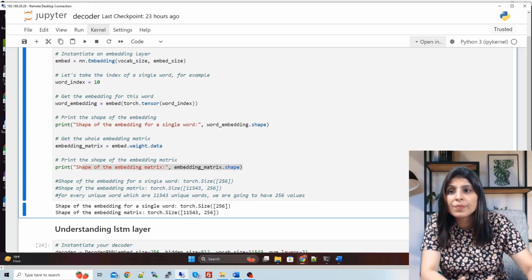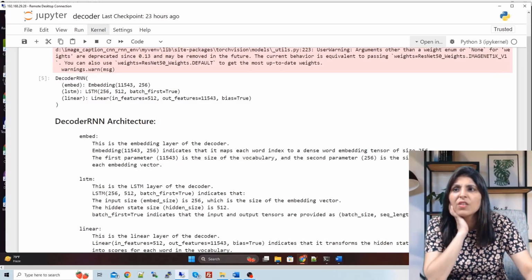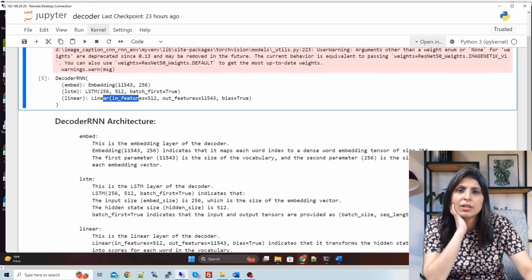But now here I'm showing you the embedding matrix for our entire training data set. We have these many unique different words, so for every unique word present in our data set, we have an embedding vector, and the size of that embedding vector is 256. So this is how the embed layer works. In the same way, you can test this LSTM and linear layer.